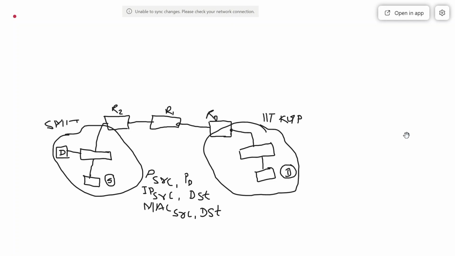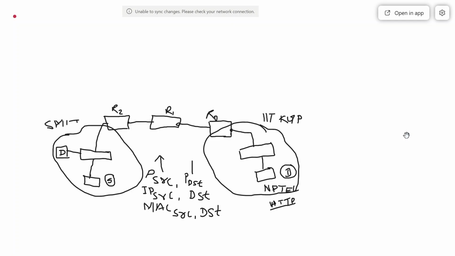Let's say on the destination one server is running. Let's say you are listening to a lecture through NPTEL, and the NPTEL server is there, and you are attending a course. So you have to access some content through the HTTP protocol. This scenario is very clear. So in this case, what will be the source port and destination port? I'll be asking one by one.